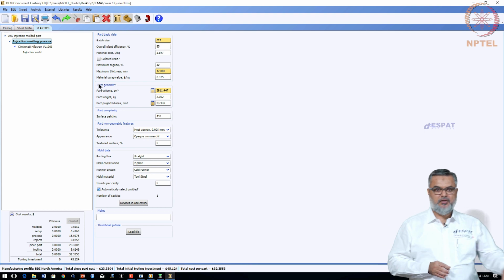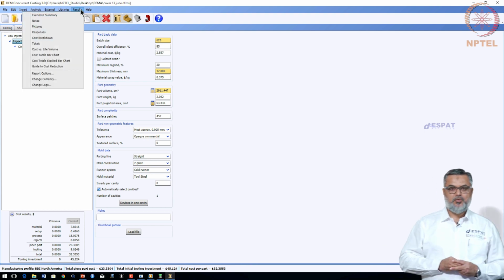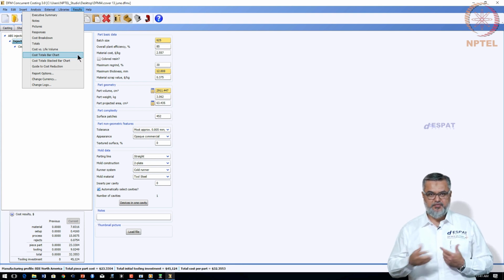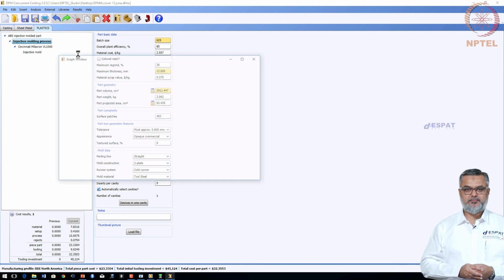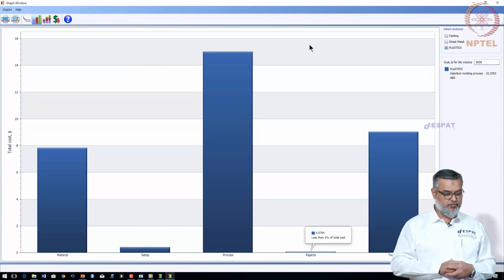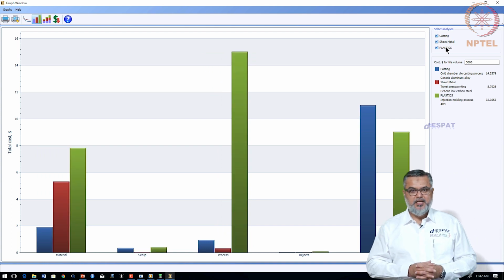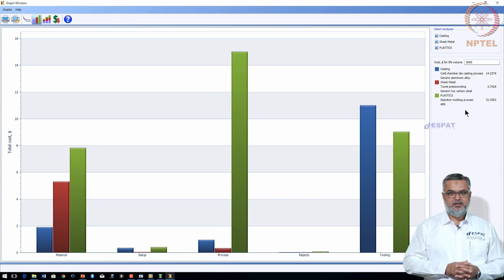But as you see, there are a lot of numbers in the bottom left hand corner. So, we will use the tool, the results generating window to create different reports. One of them is this report for a breakdown of material, process and tooling. So, let us expand that as a graph, and I have selected all the 3 opportunities that